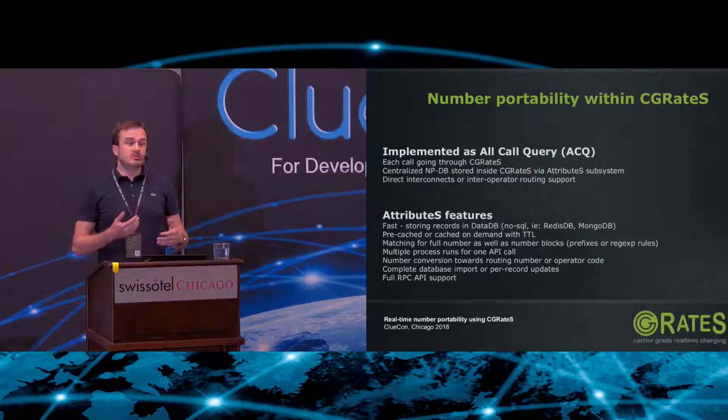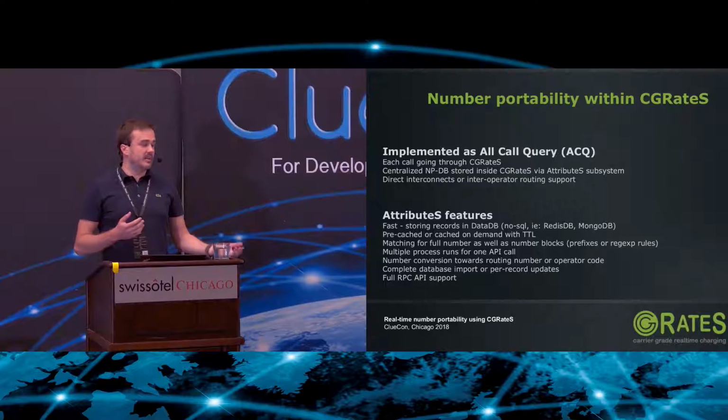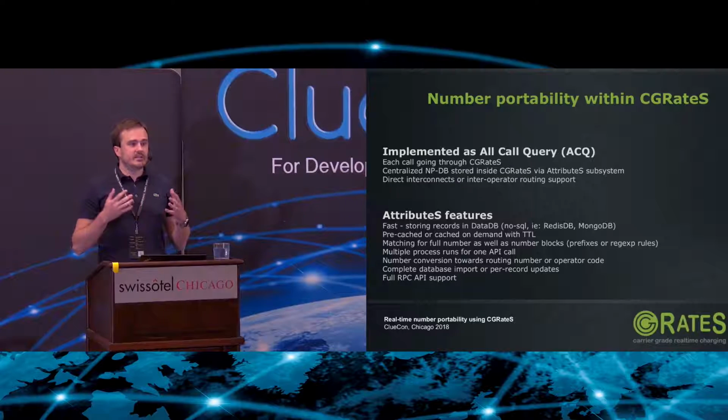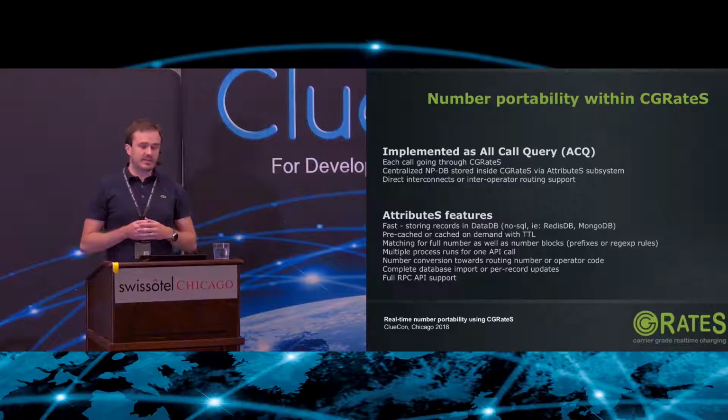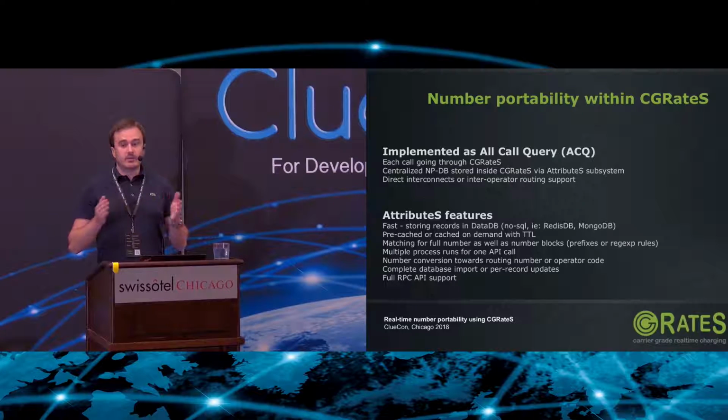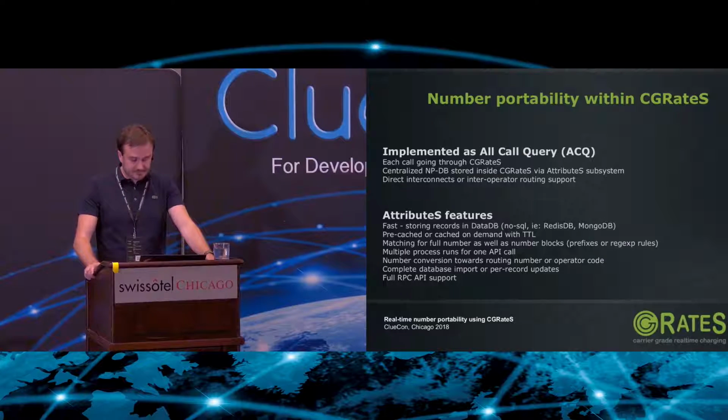So we use fast databases like Redis, but the cache, we call it what's inside our process, because for us the expensive part is the serializing of the data going towards Redis. This for us is expensive. So we try to keep as much data as possible in the process memory. Or you can cache on demand with time to live.